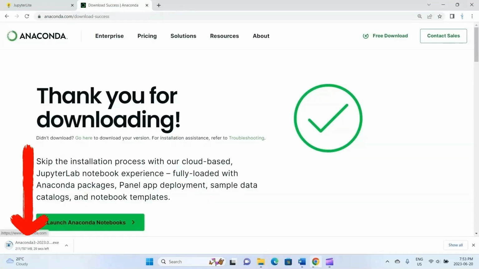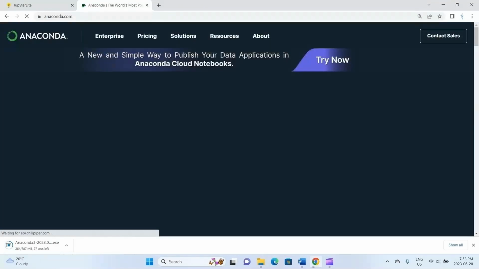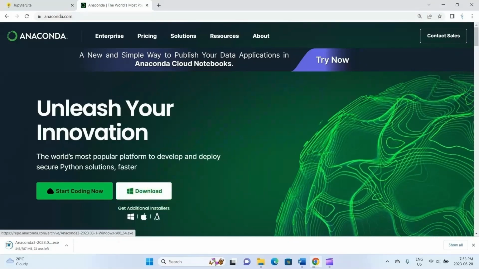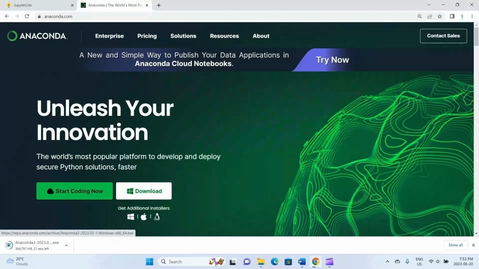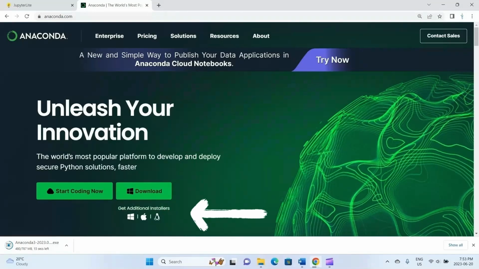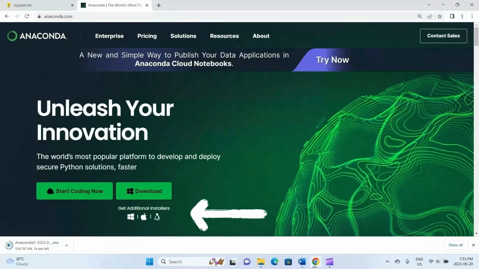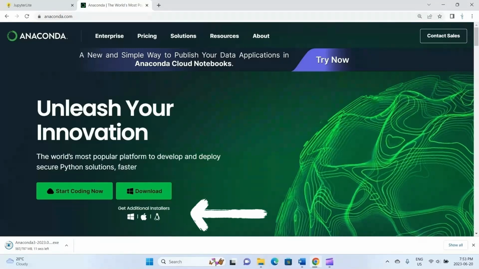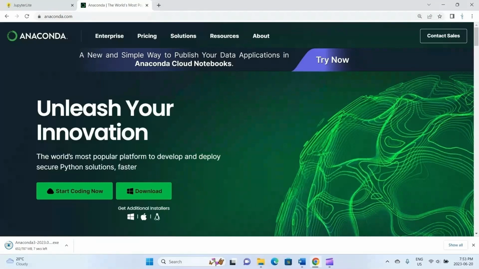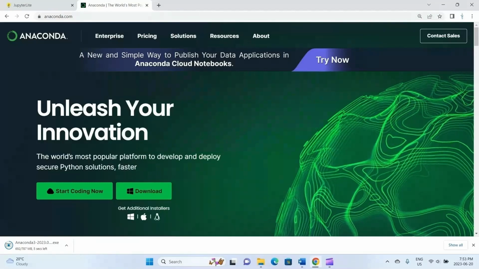So I'll just go back here to show something else, go back to the home page. If for whatever reason this button isn't showing the right operating system, you can click on Get Additional Installers and it will show you all the choices, all the options for install, and you can install from there instead. But we're just going to wait for now for this installer to download.